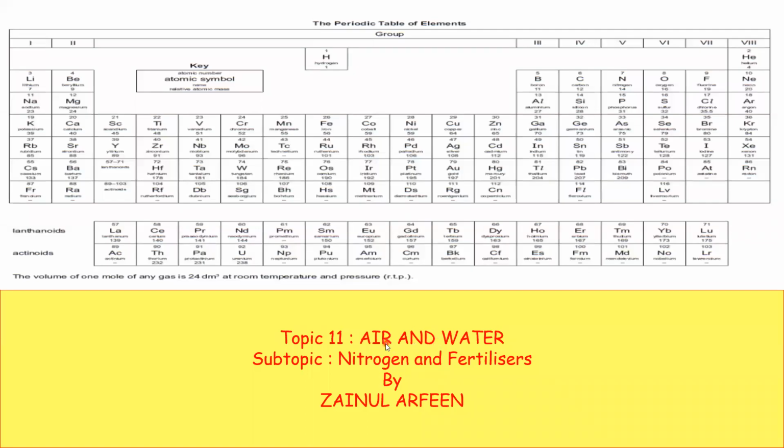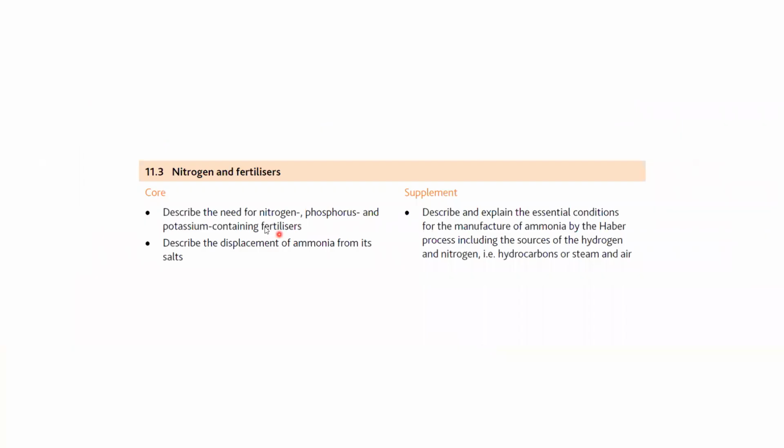So the last part of this topic, air and water, is about nitrogen and fertilizers. You should be able to describe the need of nitrogen, phosphorus, and potassium containing fertilizers. What are fertilizers? Basically, compounds, substances which can help the plants to grow well. We call them fertilizers, compounds which provide essential nutrients to the plant so that they can grow and